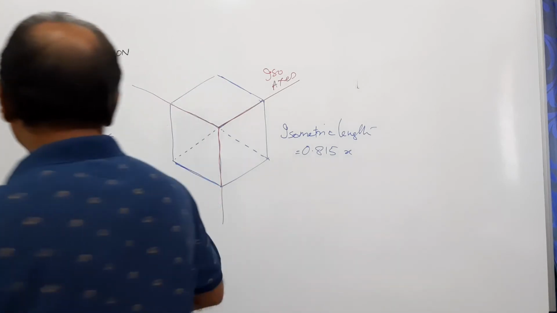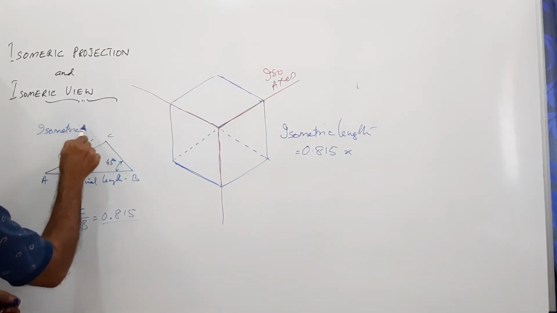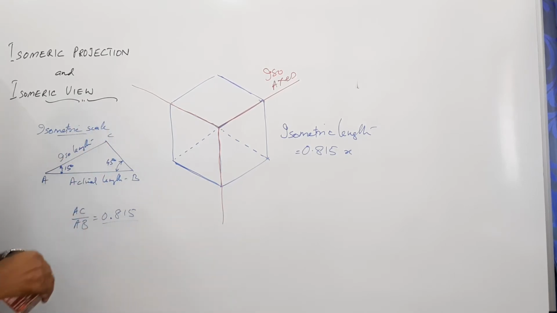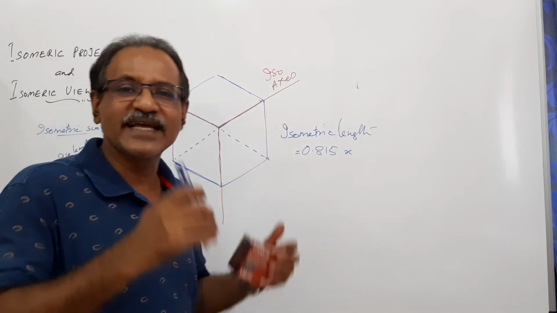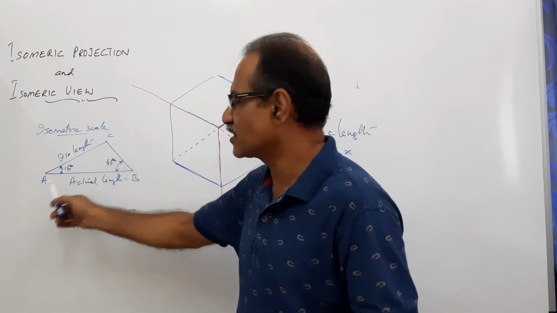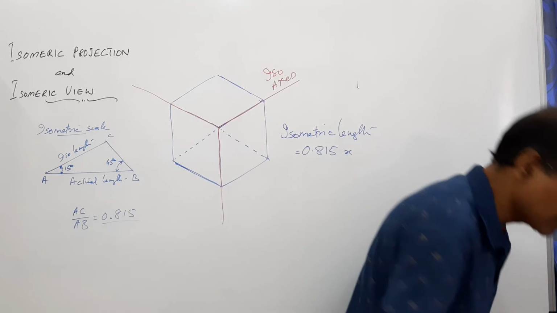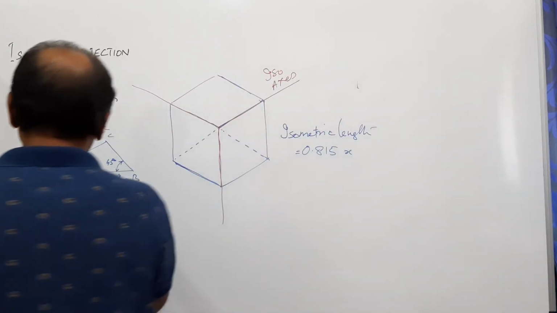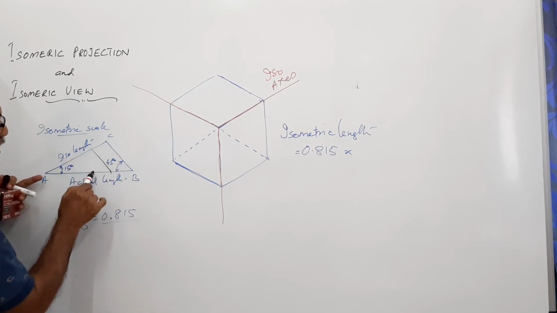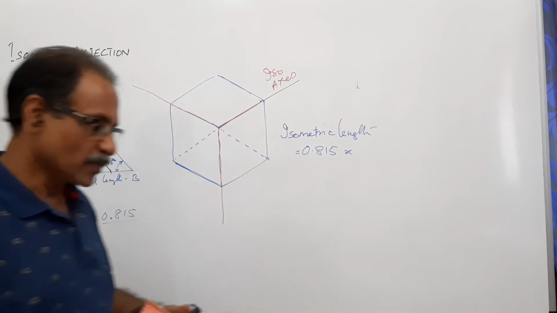This is called isometric scale. So we construct an isometric scale. How do we construct an isometric scale? We take the largest dimension on the object and take AB, make AB, then construct this triangle. If there are other dimensions in the object, like smaller distances, we mark those smaller distances from A and mark here. And through these points, draw lines parallel to this so that we get the corresponding iso lengths. That is how we draw.